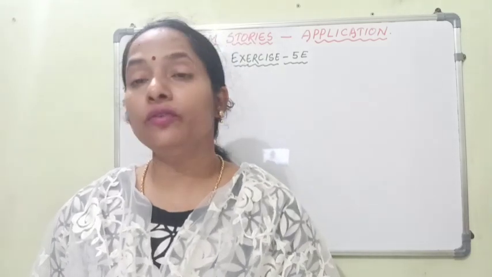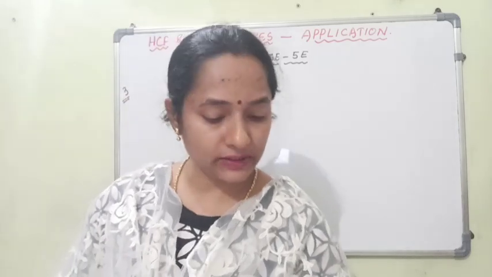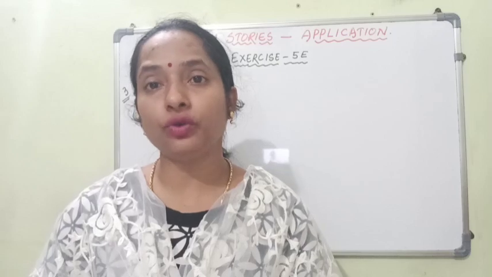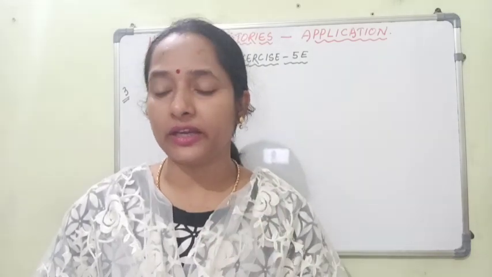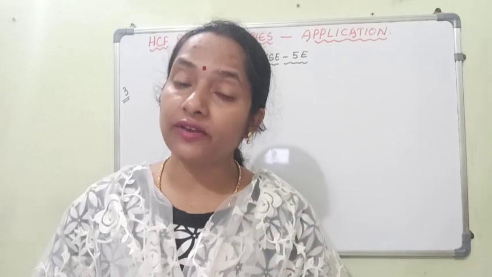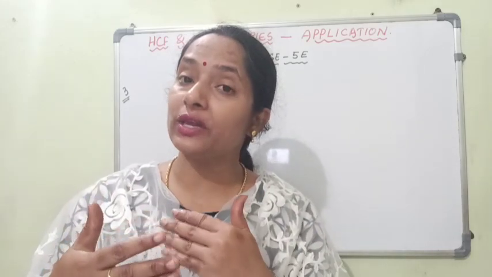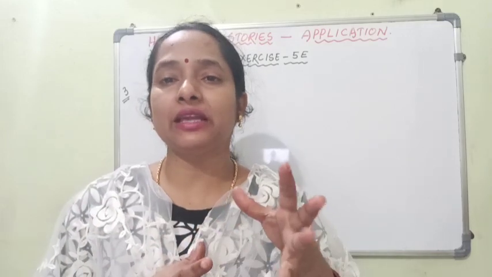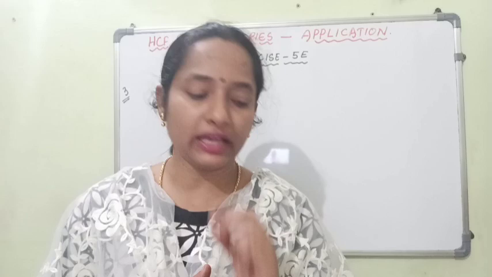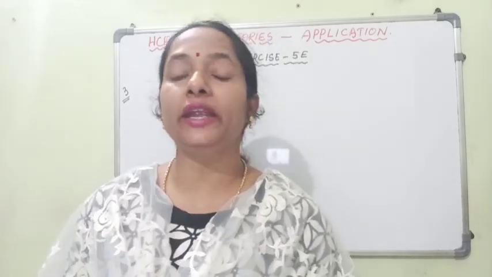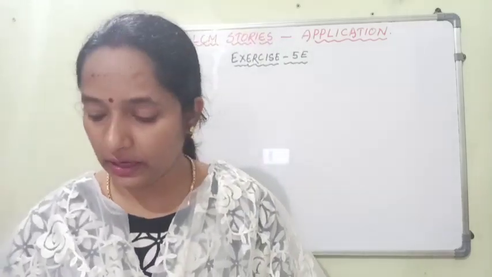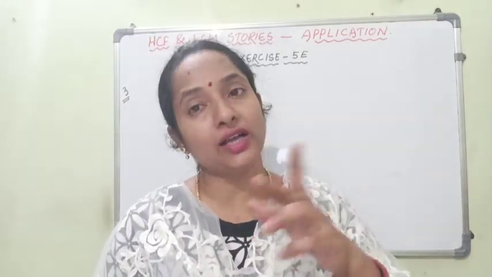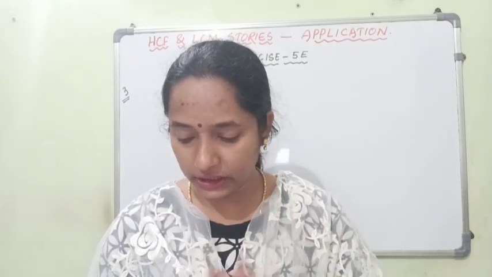So children, if you go through the keywords that I have sent you today, you will find under LCM I have written a few keywords such as repeated events, occurring in different intervals, and you are asked to find when it will occur again together. All this belongs to LCM. We can solve them by finding the LCM. So we have to find the least common multiple to get the time at which this event is going to occur again for all these three.